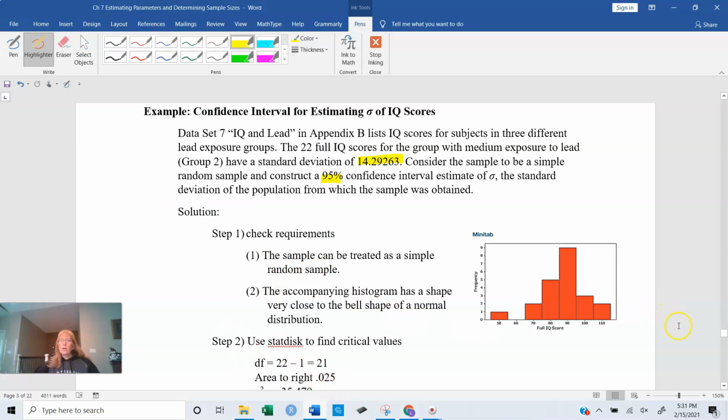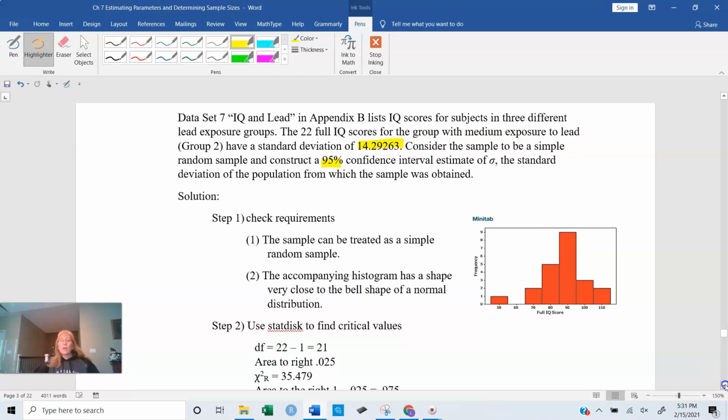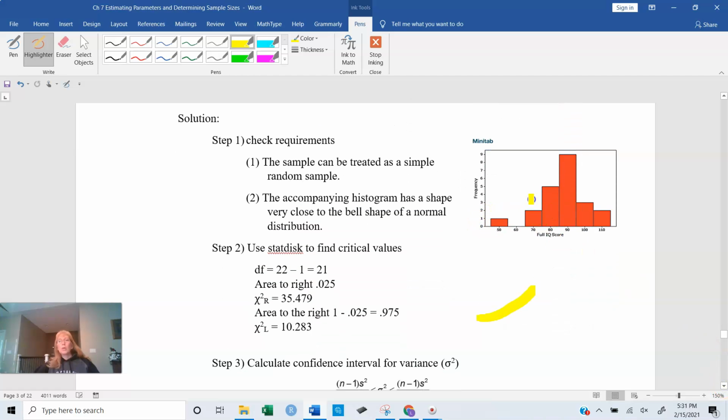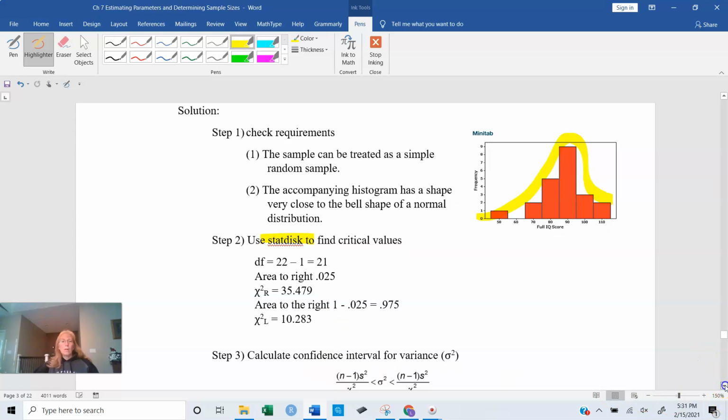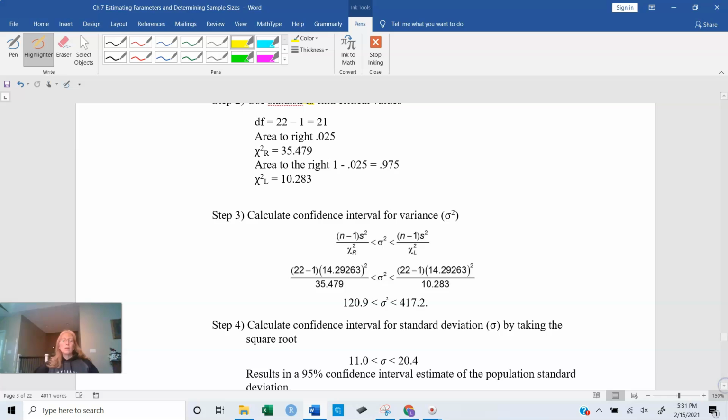Let's go back to our notes. So we've checked our normal histogram, make sure we have a bell-shaped curve, which it's rough, but it's good enough. We've used StatDisk to find our critical values. Now we can construct our interval for variance by hand. It's n minus 1 s squared over the right chi-squared, and the left is chi-squared L. Now, if we do StatDisk,